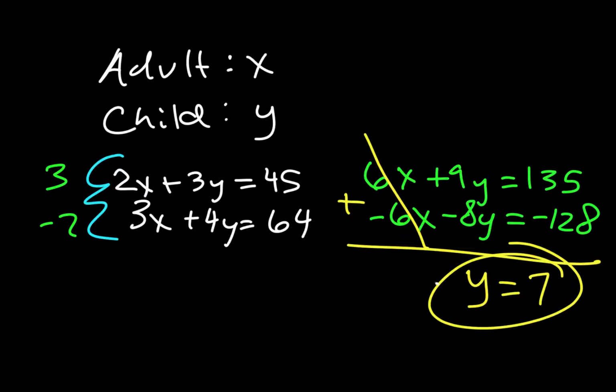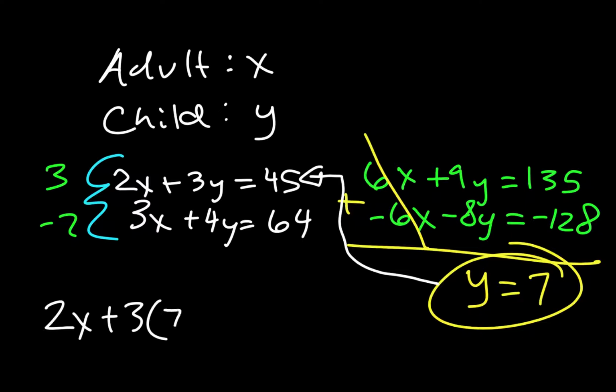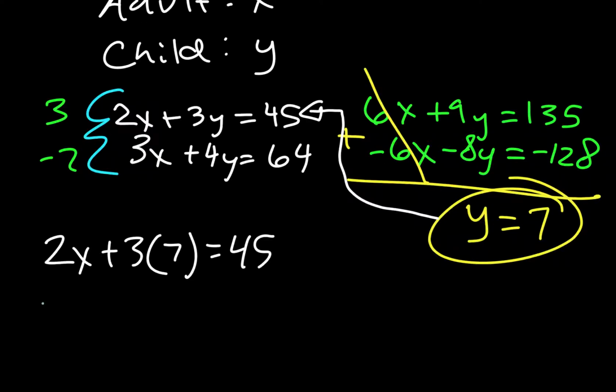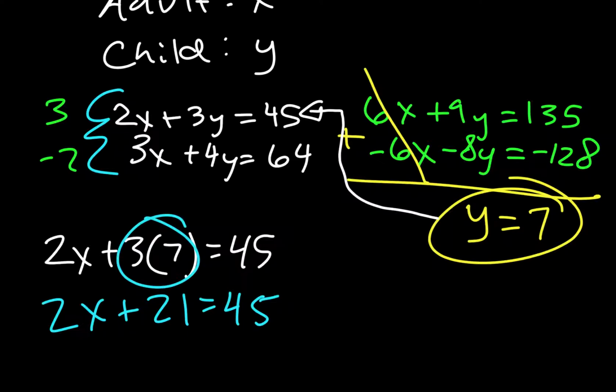And now we're going to take that answer and plug it into one of the original equations. I'll just choose the top. So we have 2x plus 3 times 7 equals 45. And if we continue with the algebra on that, we first simplify it, just combine those into 21, and we subtract 21 from each side,